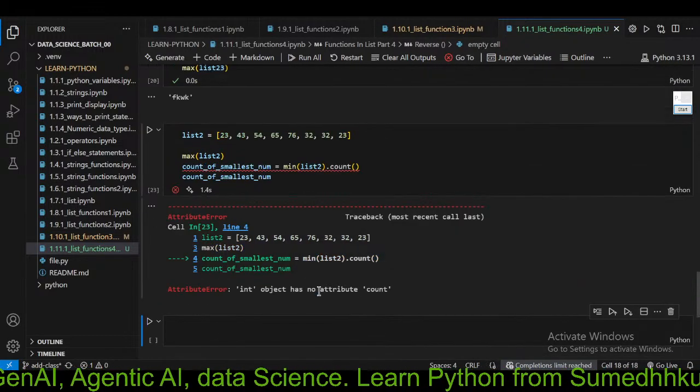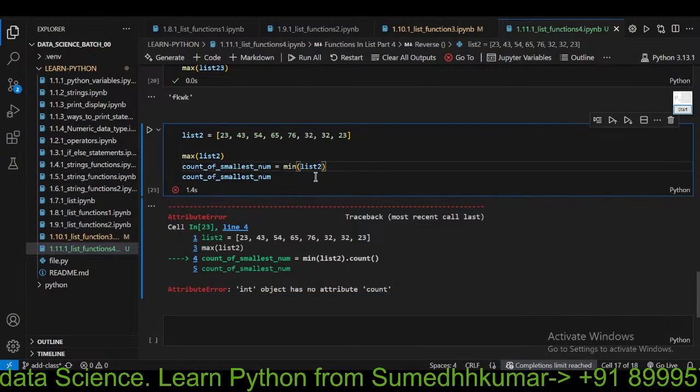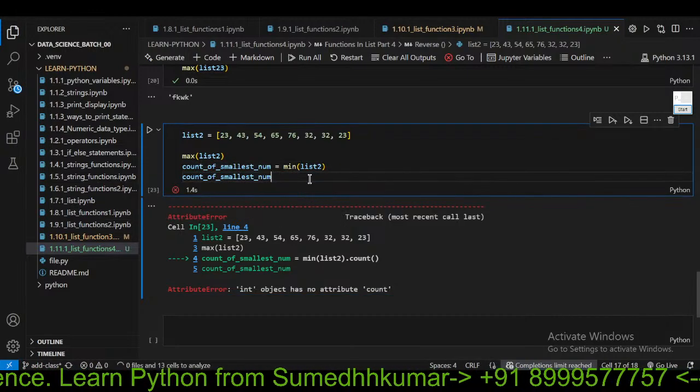No, it will work. Okay, anyways, this will also not work. Okay, anyways,